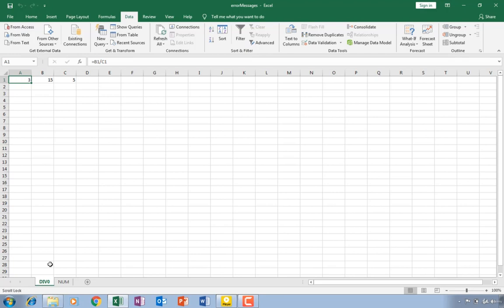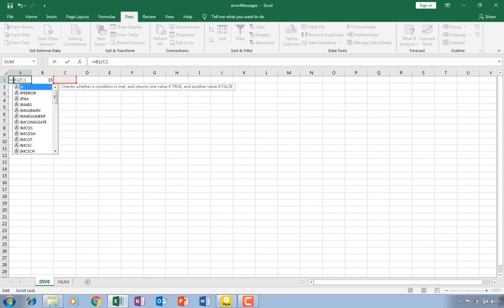But if you want to achieve the #DIV/0! error, which is produced by dividing something by 0, let's remove that one, you cannot divide something by 0, which gives an error in Microsoft Excel. So if you want to avoid this error, what we simply need to do is write the IF function: equals IF, open brackets,